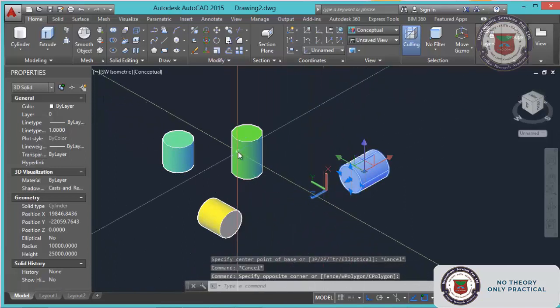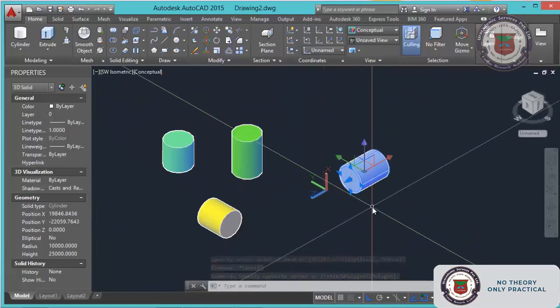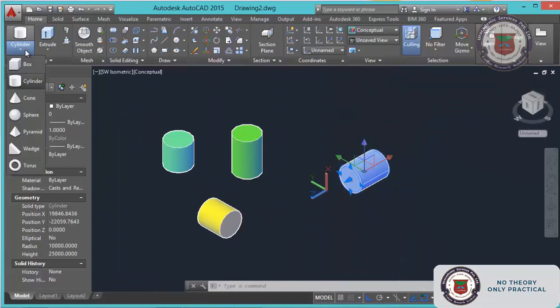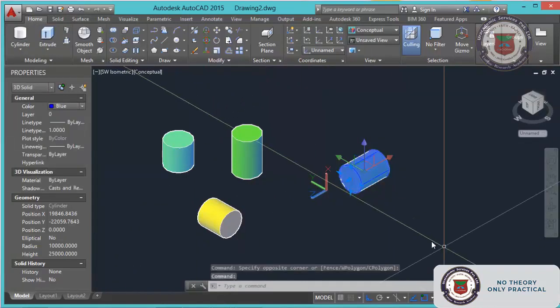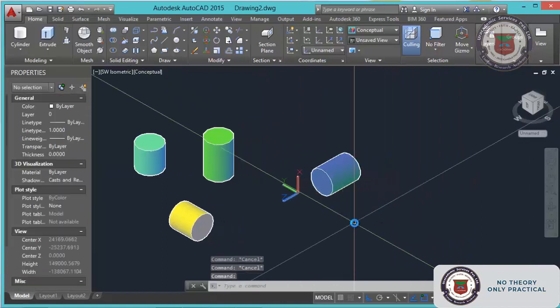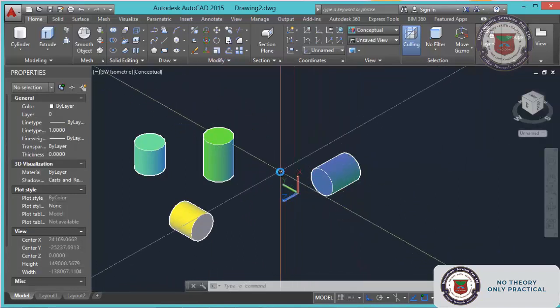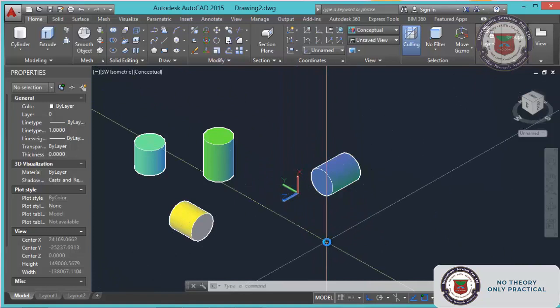There are a lot of other commands related to this that we will see later. For example, if we need a cylinder at some angle, we just draw it and rotate it to that angle. That is one option. Another option is to rotate your UCS with respect to your requirement.